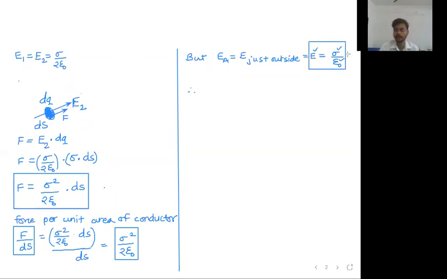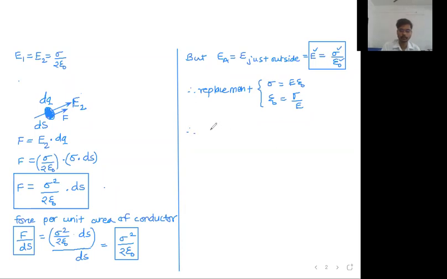What is the replacement for sigma? Just give me a second. Sir, the replacement for sigma is E into epsilon 0. What will be the replacement for epsilon 0? The replacement for epsilon 0 will be sigma upon E. Okay, these are the replacements. So write down, these are the replacements that you will do as per the need.